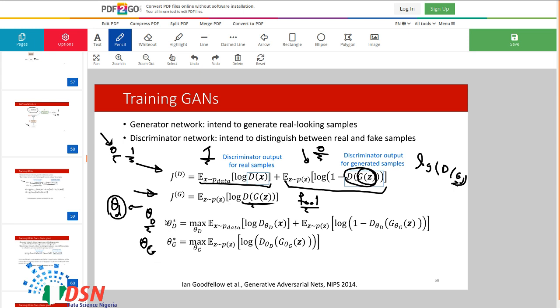So we want to find the optimum thetas such that they maximize these functions that we defined. So now you know everything about these cost functions.